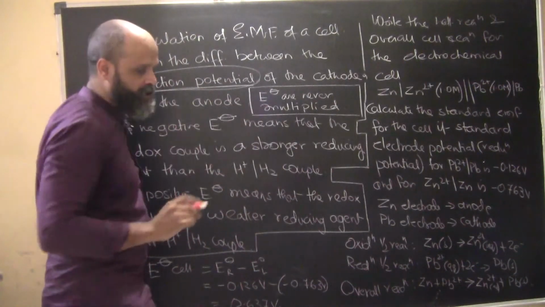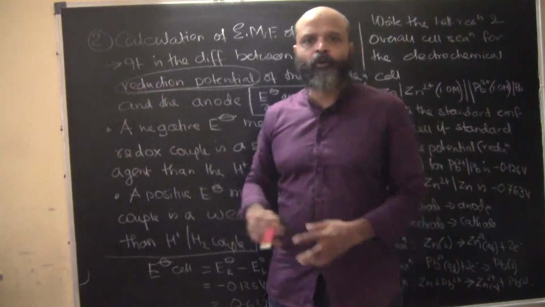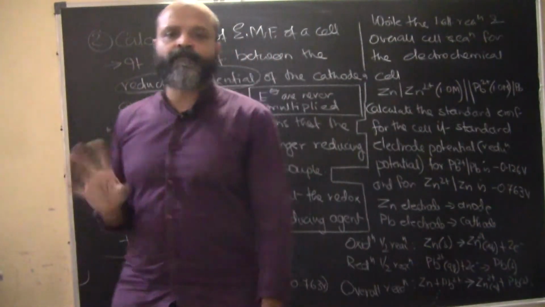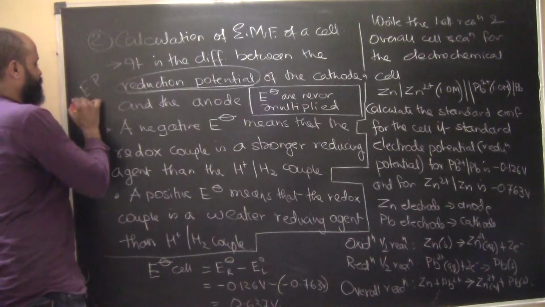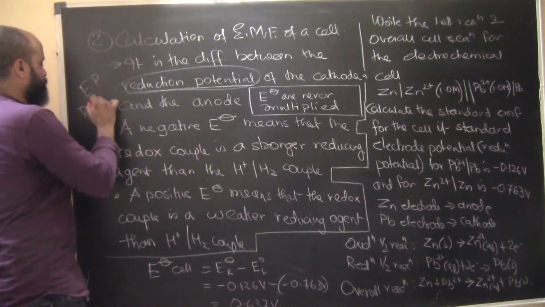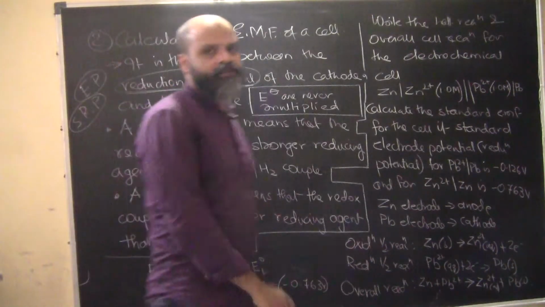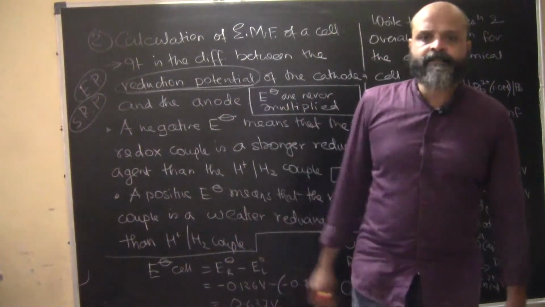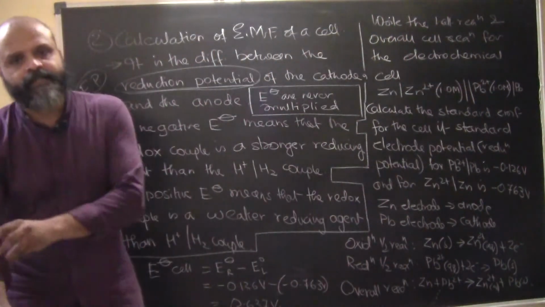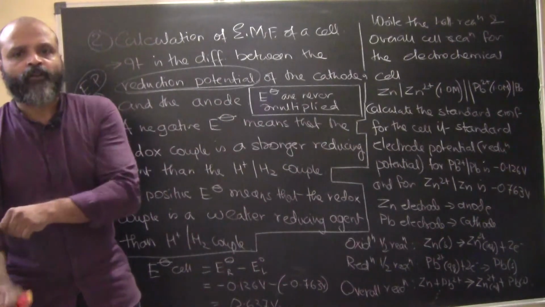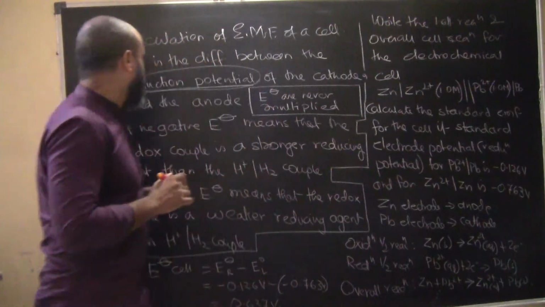Reduction potential, it is not the oxidation potential, it is the tendency to get reduced. We all know that electrode potential and reduction potential are the same. So electrode potential, or standard reduction potential, both are the same. The electrode potentials of all the elements or radicals concerned, all substances, are compared to SHE, that is the standard hydrogen electrode or normal hydrogen electrode. Okay, so now how do we calculate this?